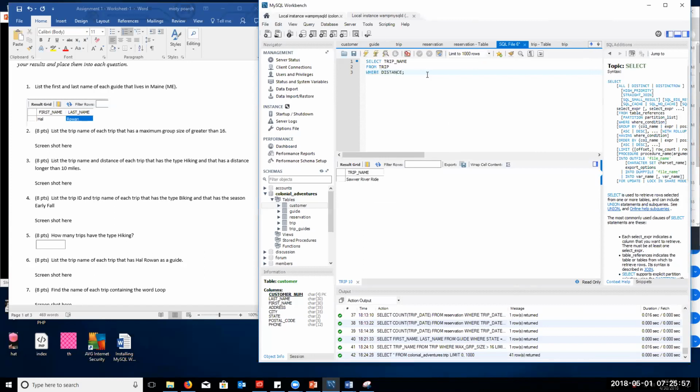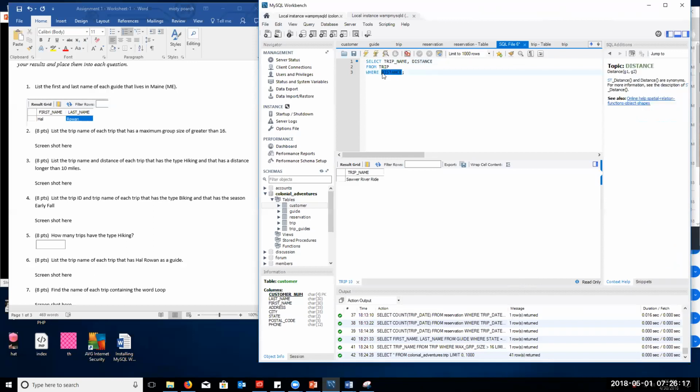Distance. Wait a second. List the trip name and distance. So trip name, comma, distance, where, type,